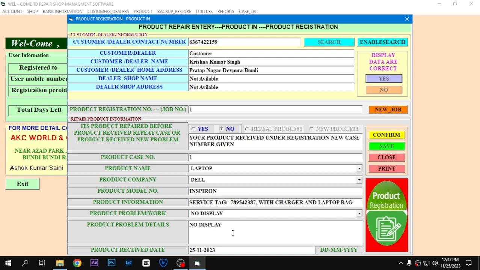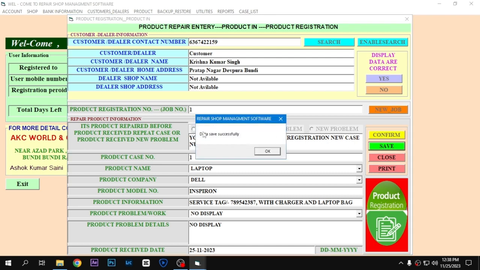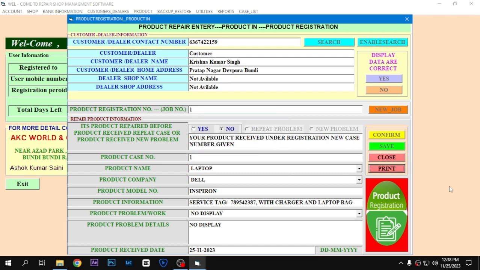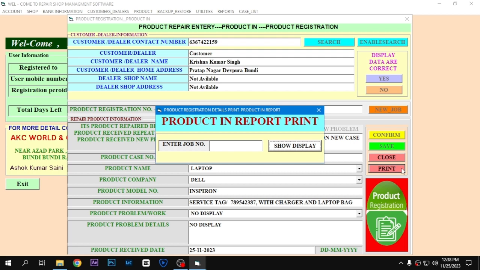And after filling all the information, on the right side you'll see confirm. Click on confirm and save, so your data will be saved. Also you can get this information as a printout. Click on print, enter. This pop-up will show up, so enter the job number. In this case we already know this is job number 1, so we'll enter 1 and click on show